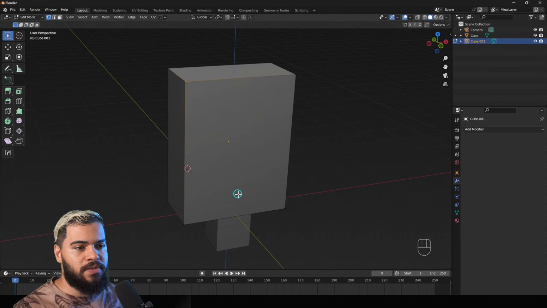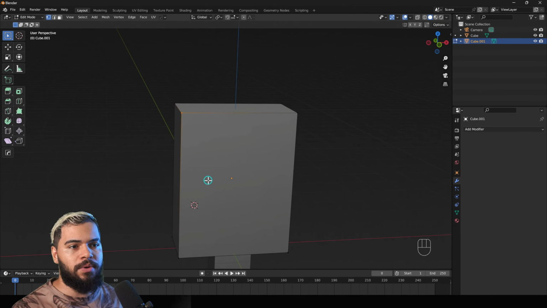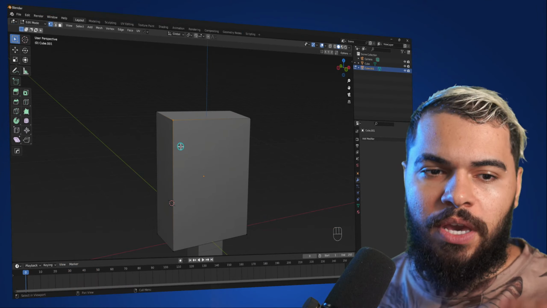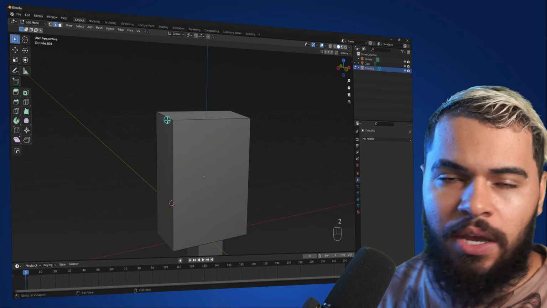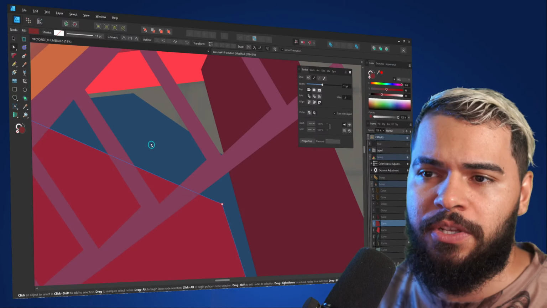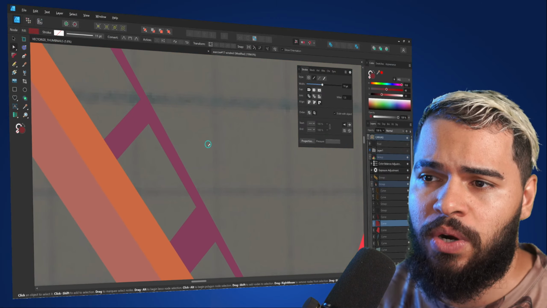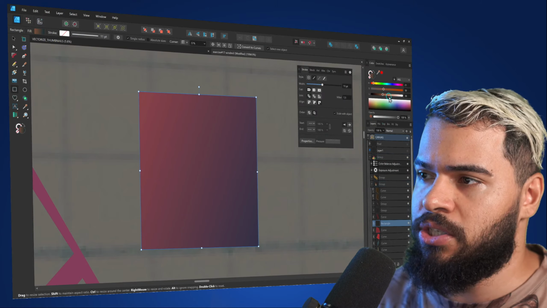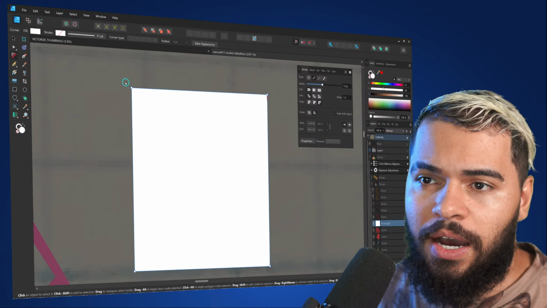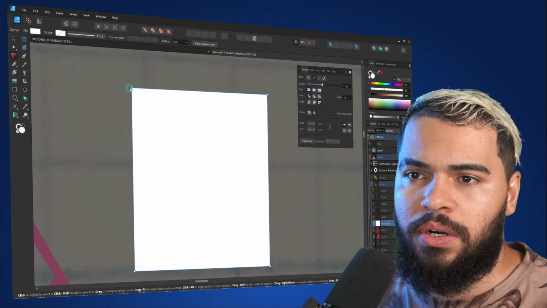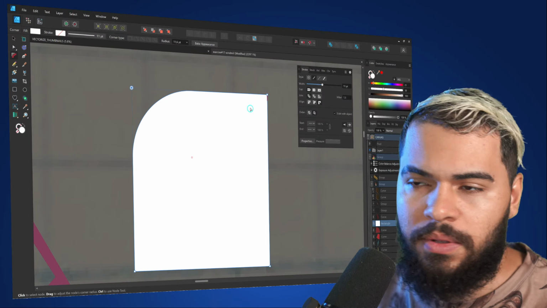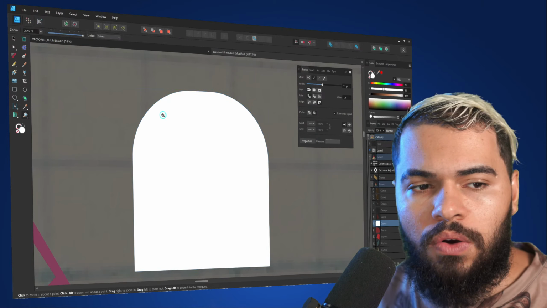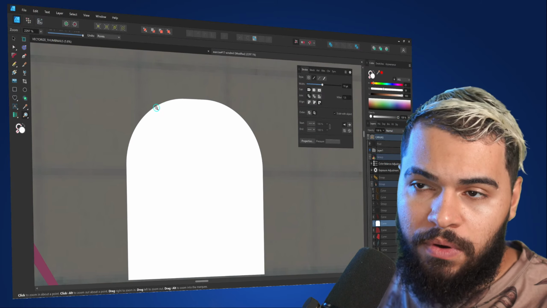And for this object that we are creating, what I want to do, guys, is something called bevel. And if you ask me, hey John, what is bevel? I don't know if you guys remember here on Affinity. I'm showing Affinity as an example in case you are not familiar at all with 3D. If I do this shape here in Affinity, using the corner, I call this bevel, okay? Let's say that you do something like this. In 3D, you call this rounded corner a bevel.